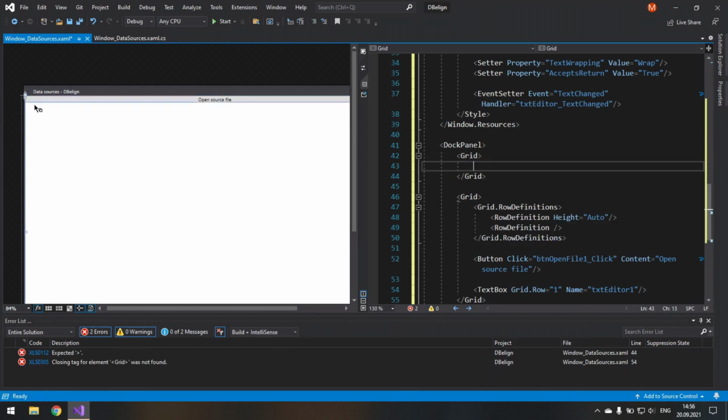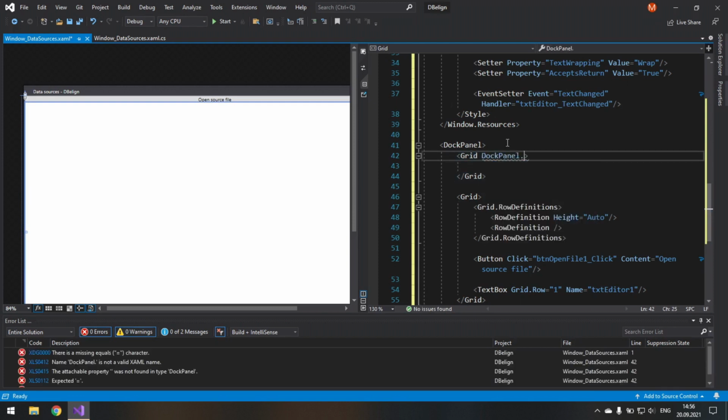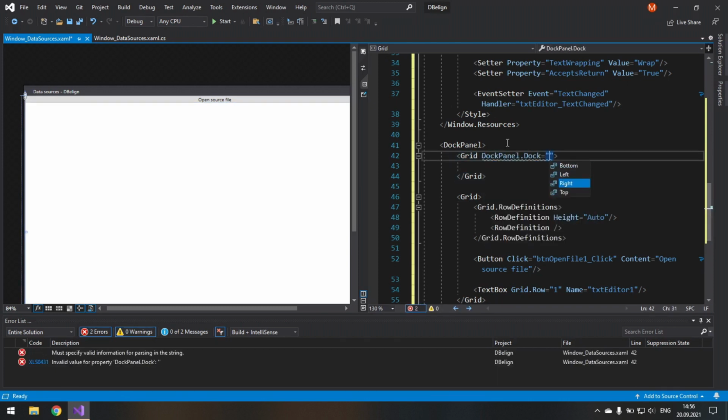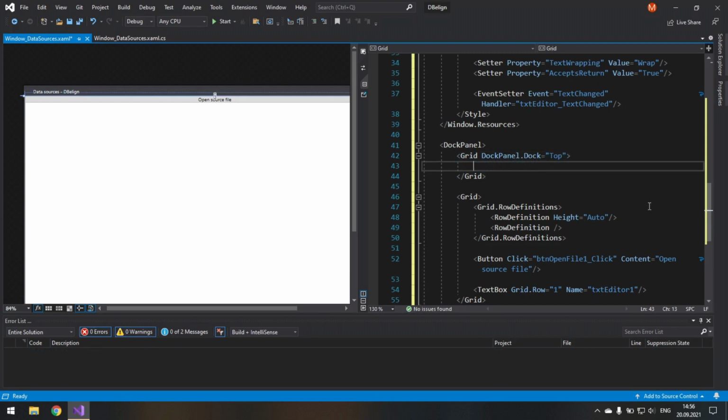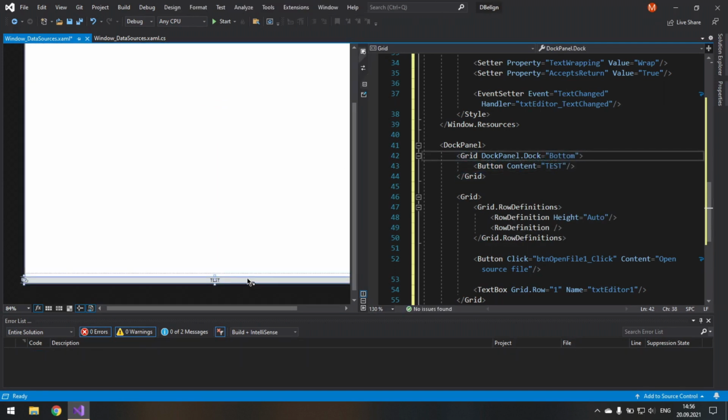I will have a grid for our tools at the top. So I set dock panel dot dock and set it to top. And just to illustrate, I will create a test button here. This is just a placeholder, test. So we have our panel here, and if I set it, for example, to bottom, I now have it here.